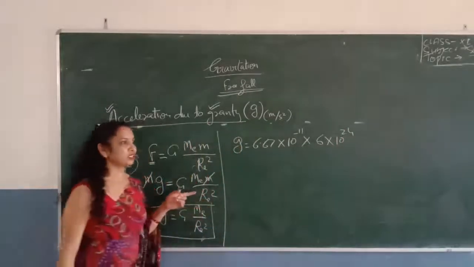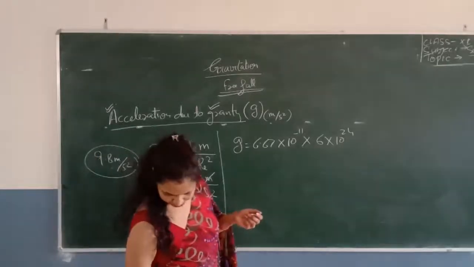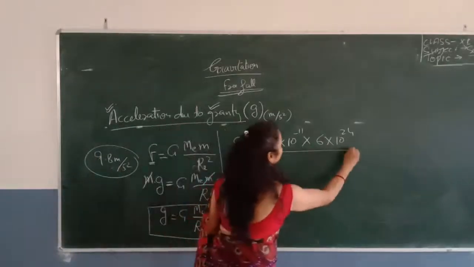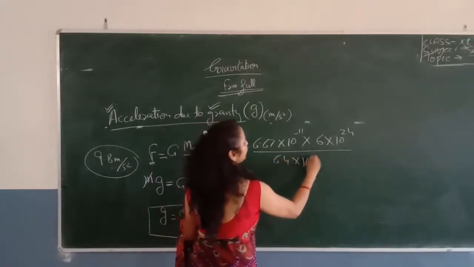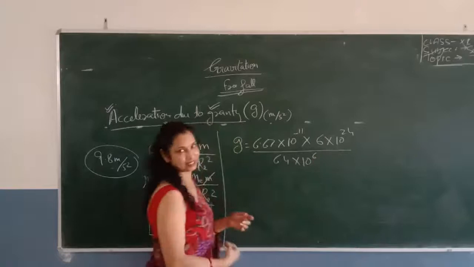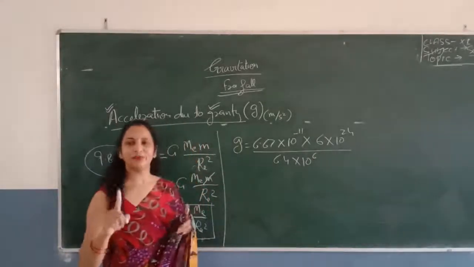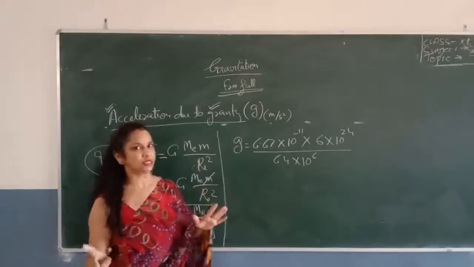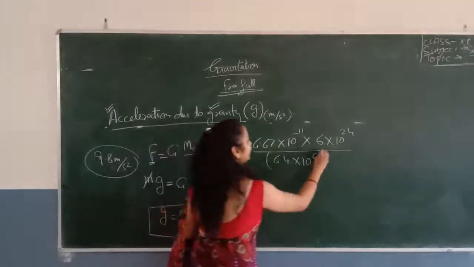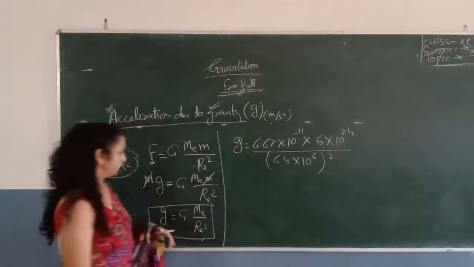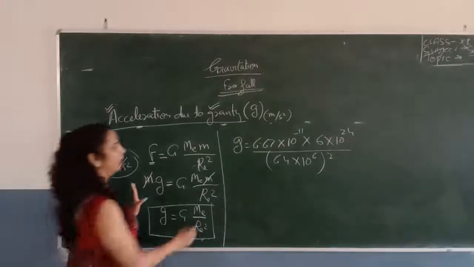And the radius of the earth is 6.4 into 10 to the power 6 meter. This is the radius of the earth. You always represent radius using the unit meter, not kilometer, because the SI unit of length is meter. And r square. So what we have done? We put the values of G, M and r. After calculation